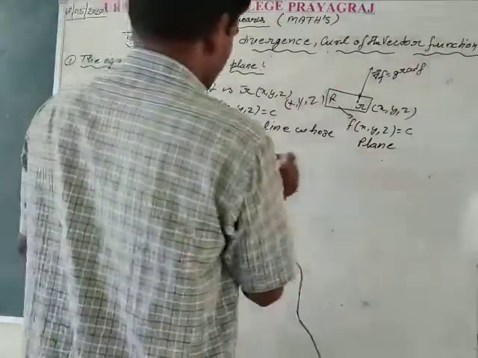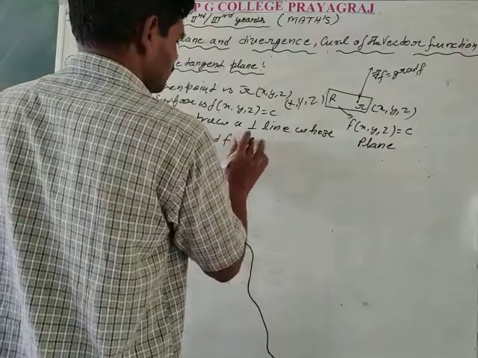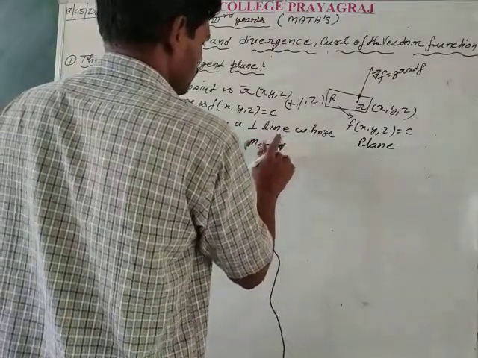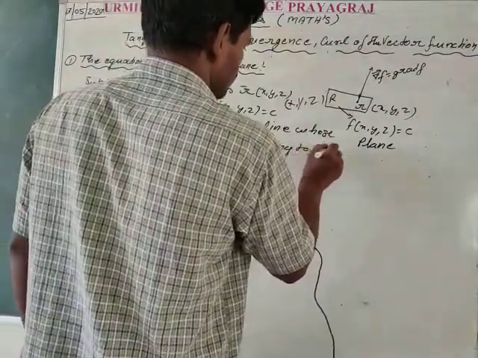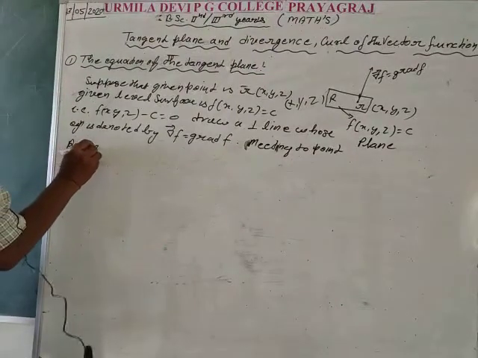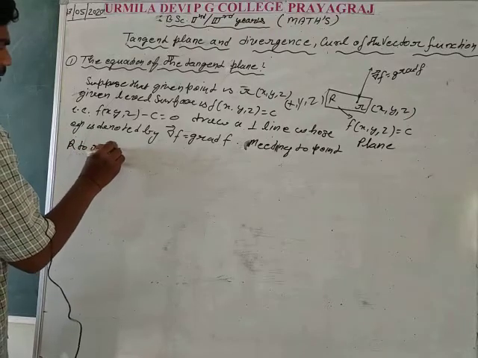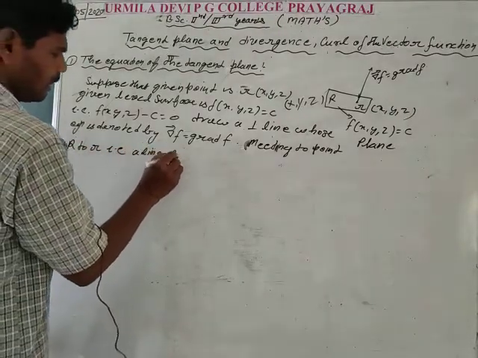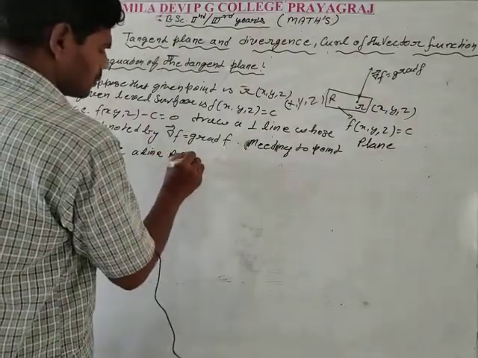Draw the line meeting capital R to small r, a line R r whose position vector is